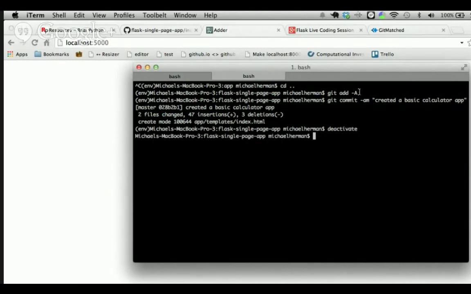Okay, so that's all that I have today. We did cover quite a bit of stuff, and I did go kind of fast on it, I guess. So let's talk about what we covered. We added a template to our Hello World app. We looked briefly at Jinja templating. We touched on dynamic routes using query parameters. We styled our app using HTML and CSS, and we made a dynamic calculator / adder type app.